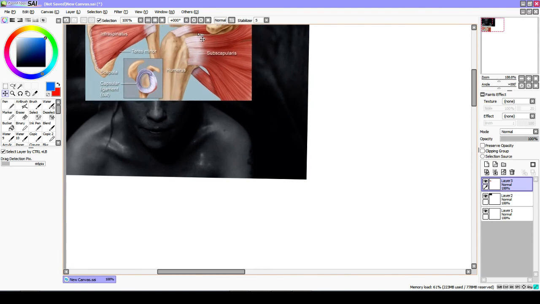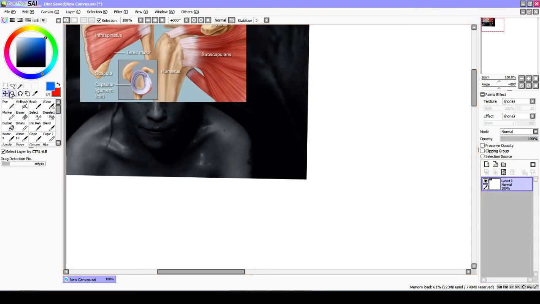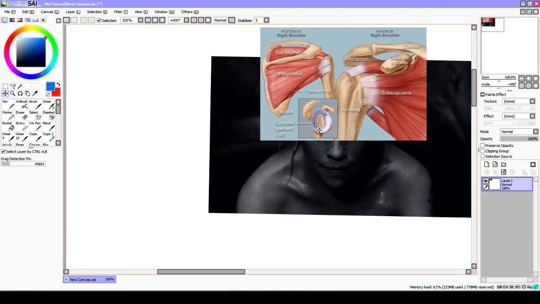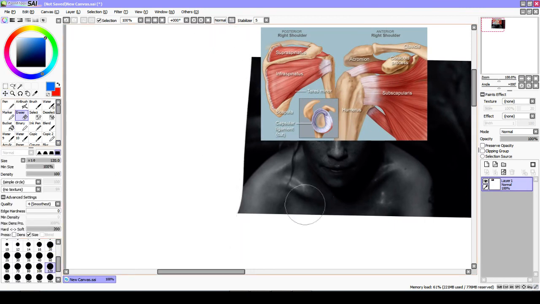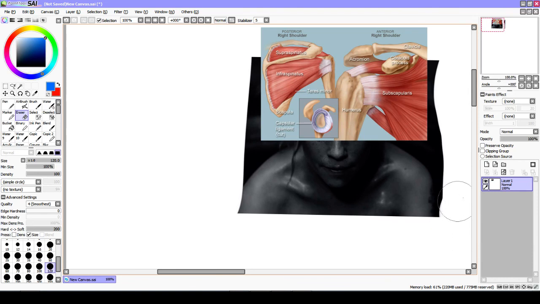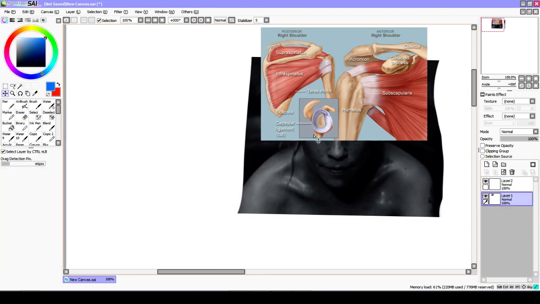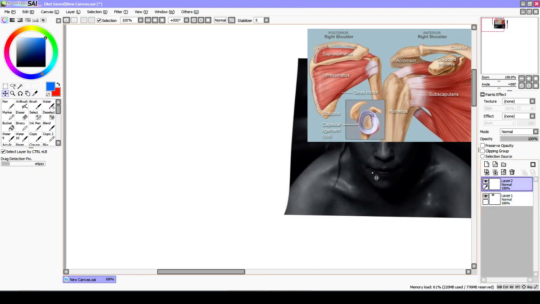Actually, let's cover the top half of her face. Oops. Because we want it all to be together, so I'm sorry. There's not a lot of cohesion to this. I'm just kind of going in blind. So let's have a new layer. Maybe this a little bit. And then,